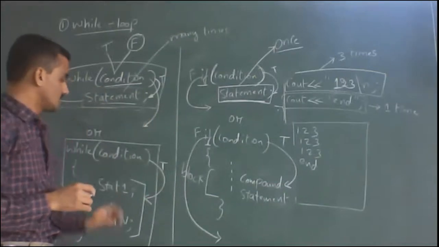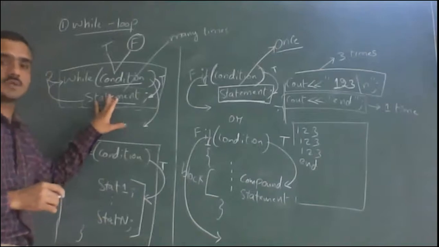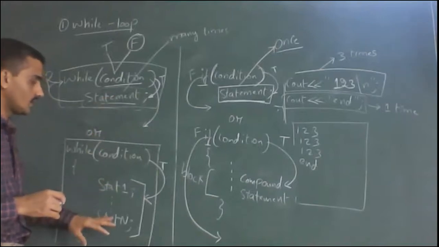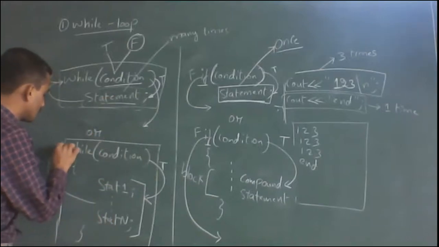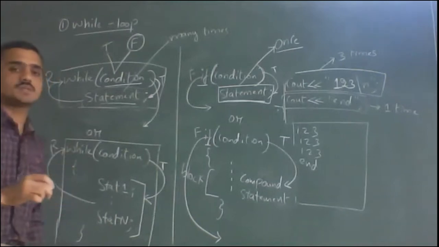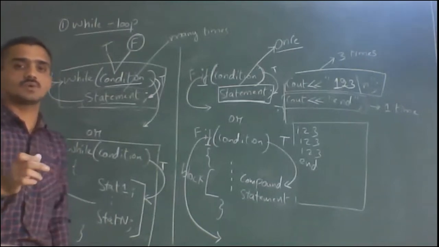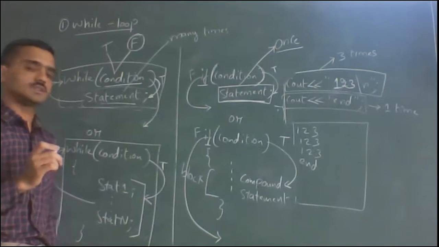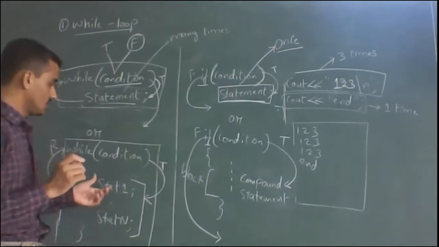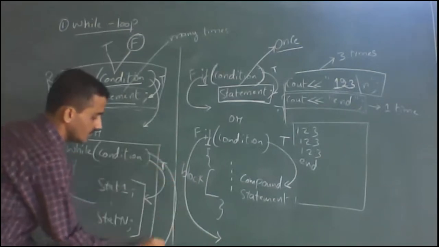Similarly here also. Here there is only one statement; here many statements, statement 1 to n, are executed, and again program control will move back. By using F7, that is, execution of the program line by line, I will show you when we share the screen. And once the condition is false, it will come out of the loop.